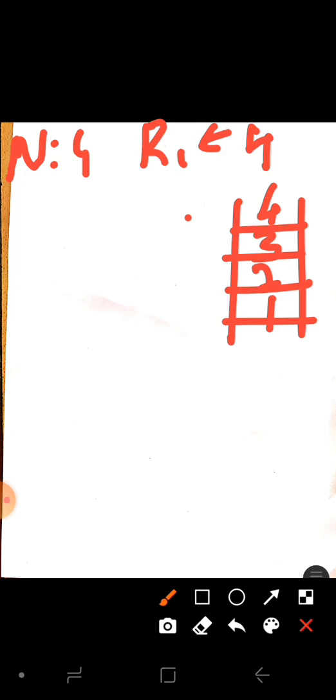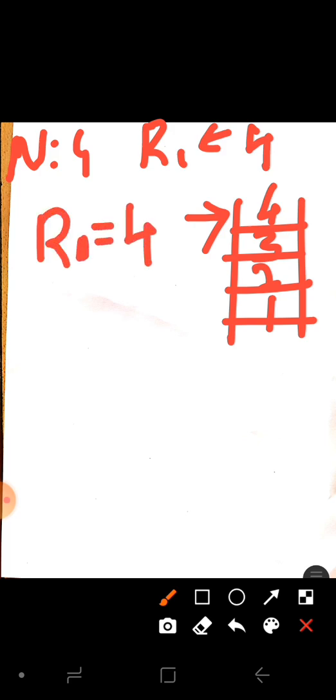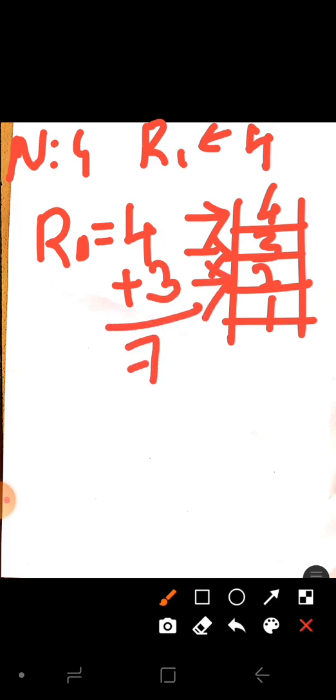The first number you take, put it in R0. Next we fetch the next data, that is 3, and add it with 4, giving 7. Next we take 2 and add it with 7. Next we take 1, that is 10.